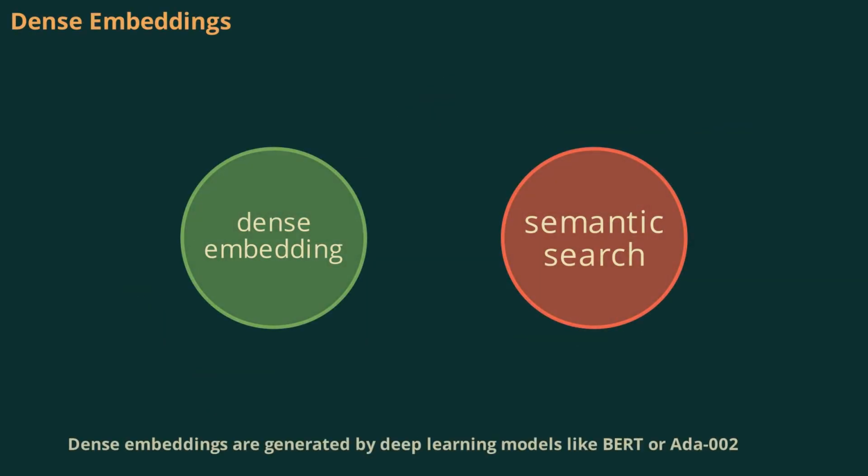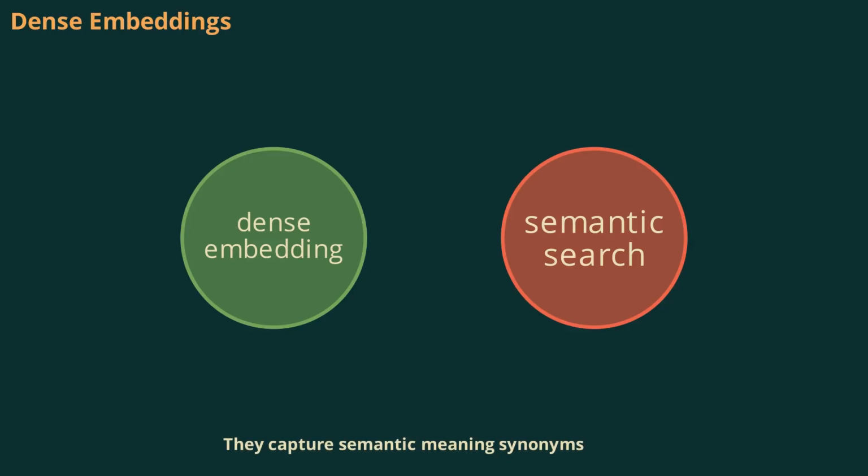Dense embeddings are generated by deep learning models like BERT or ADA002. They capture semantic meaning, synonyms, and conceptual relationships in high-dimensional continuous vector space. For example, they understand that feline is close to cat. Dense embeddings are powerful for semantic search, enabling RAG systems to retrieve contextually relevant information based on meaning rather than